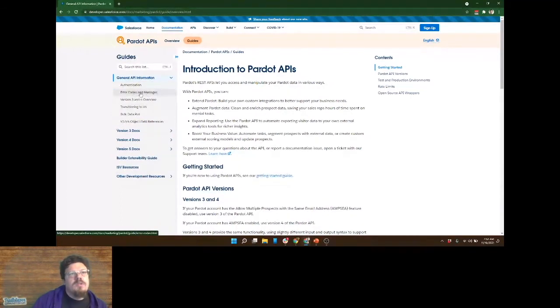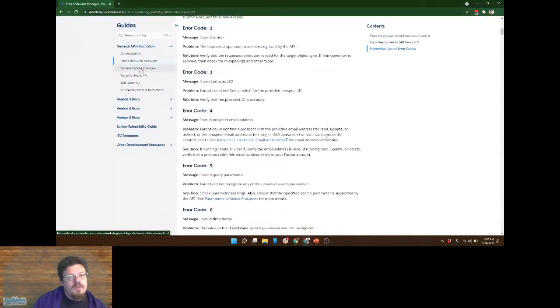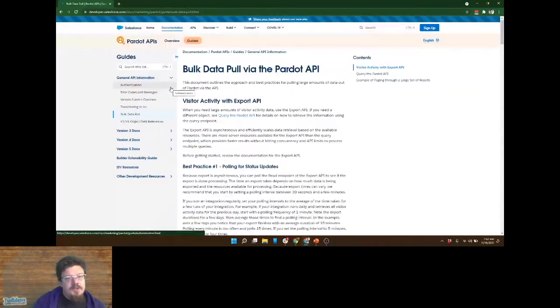Error codes: a computer can't easily tell you what's wrong, so it gives error codes, so we can look up these error codes if we're getting a response back with an error. That difference between version 3 and version 4 we discussed. When we're dealing with a fair amount of data, there's some nuance around getting tens of thousands of records out of Pardot.